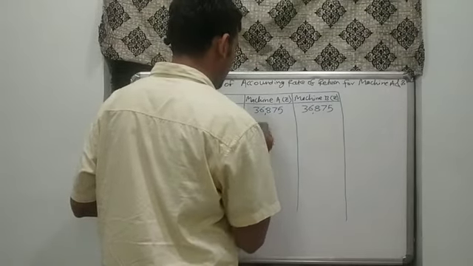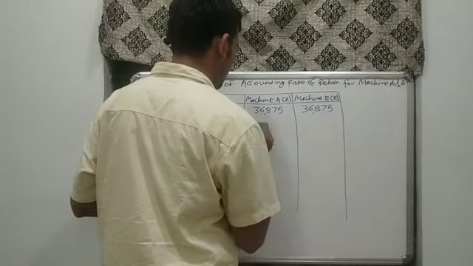After that, we have to write down our original investment. What is our total investment? Original or total investment. Again, it is provided in the question that our total investment for either machine is 56,125. This is our total investment for machine A, and for machine B the amount of investment is again the same.